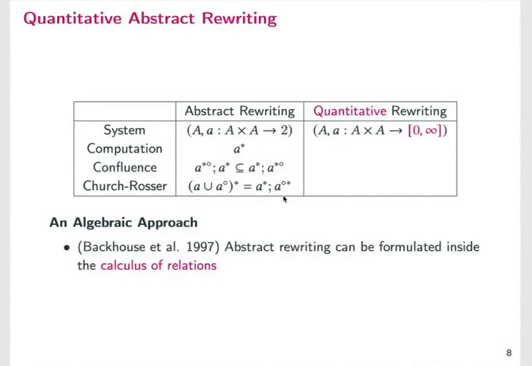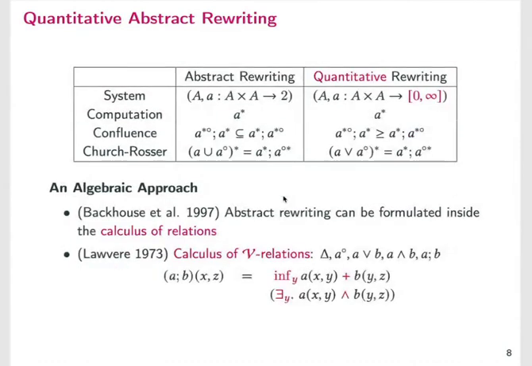so it's really something algebraic and point-free. And the second observation is due instead to Lawvere, who noticed that these quantitative relations come with an algebra and a calculus which is very close to the traditional calculus of relations, so that we have converse, meet, join, composition, and so on and so forth. For instance, if you look at the definition of composition of quantitative relations, it follows the same structure as the usual definition of relational composition. You just replace the existential quantifier with an infimum and the meet with a plus.